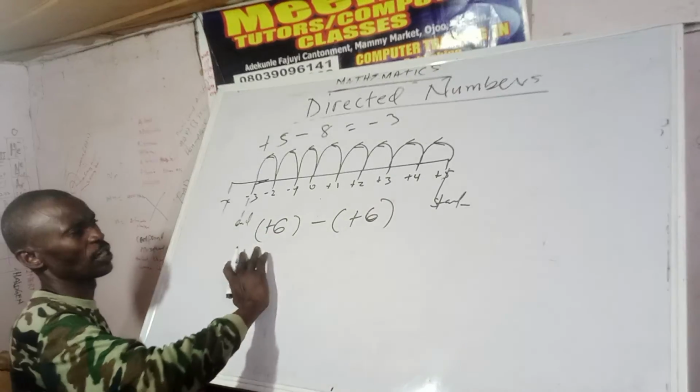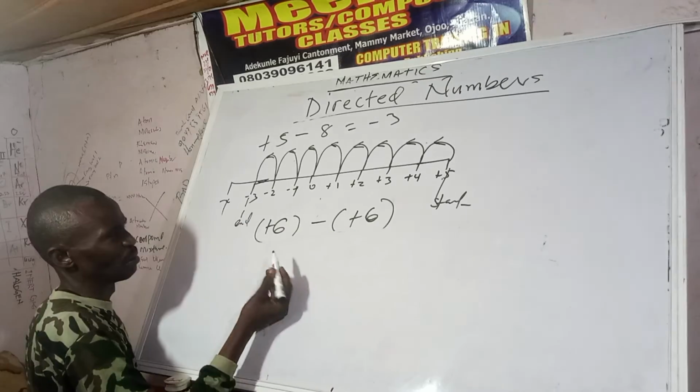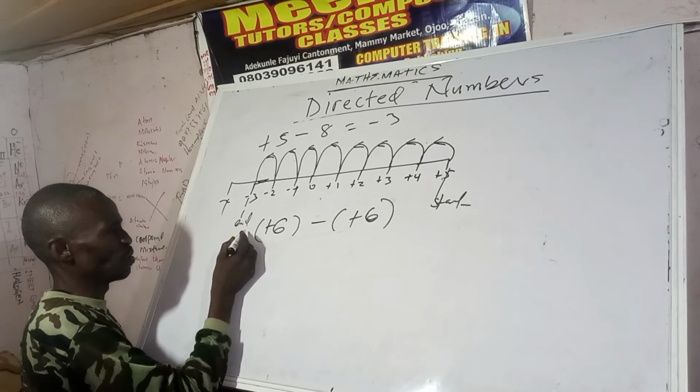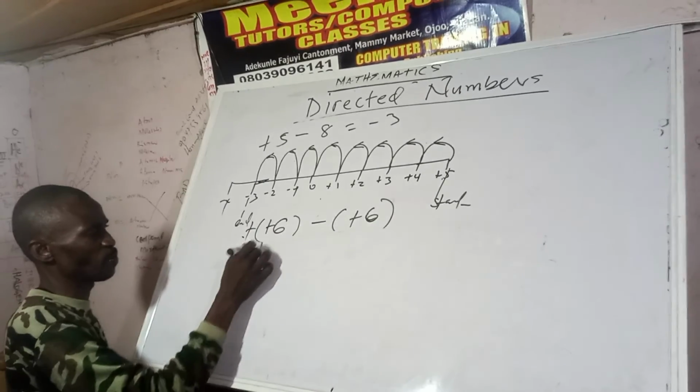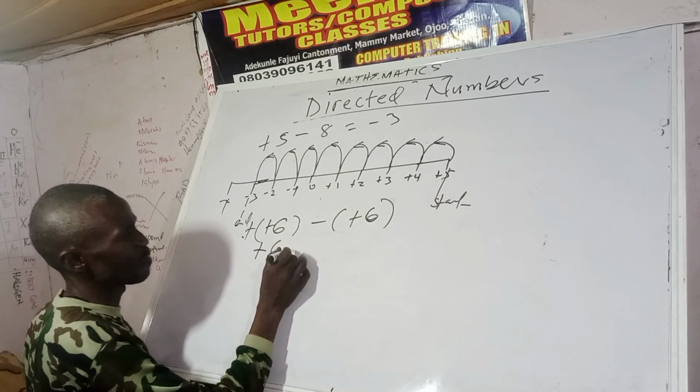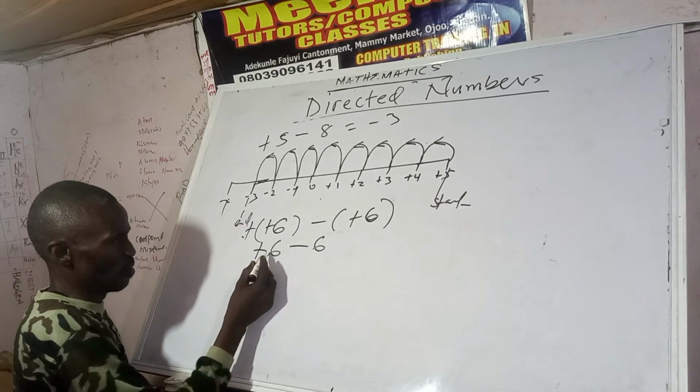Now, like this one, you can do a direct method. Do you see any sign there? No sign outside. Put plus. Plus times plus, plus 6. Plus times minus, minus 6. Plus 6 minus